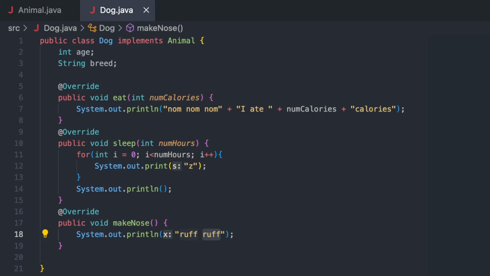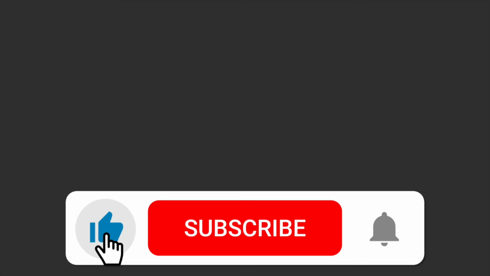Interfaces are usually used more for methods like this last one, which are hyper-specific to whatever class implements it, because we know that a dog will make a very different noise than, say, a cat, which will make a very different noise than a bird. From there, you can continue creating your dog class with whatever variables and methods that would be needed. And that's all you need to know to